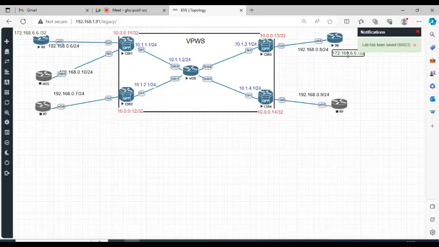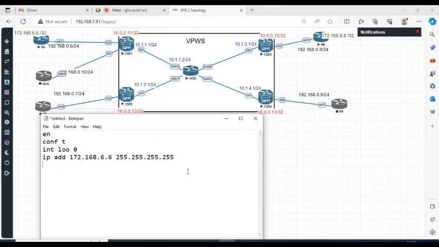I'm going to put 8.8 here. Okay, so let me first finish this. IP address 192.168.0.8,